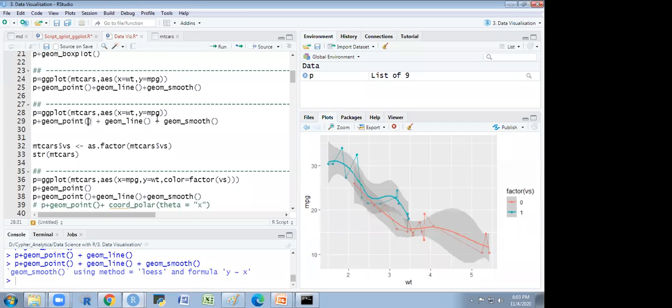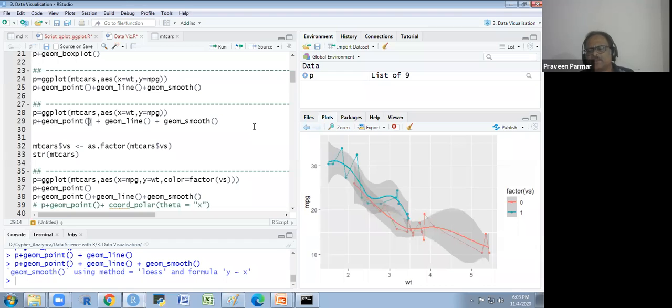Okay. Then I will use it only in geom_point because I want the points in two colors. Does that make sense to everyone? But one thing is very important. You have written here color = factor(vs). So we have to use aes, aesthetic here. If you use it without aes, you will get the error.